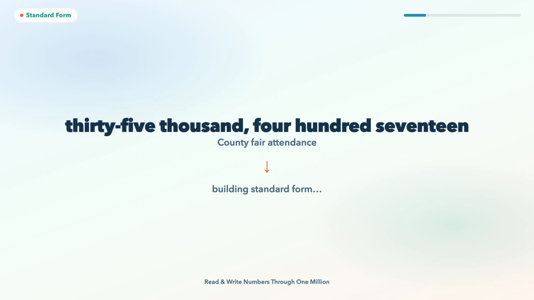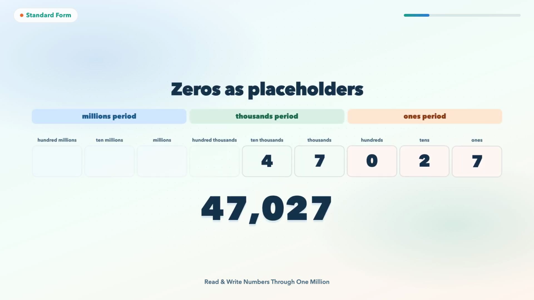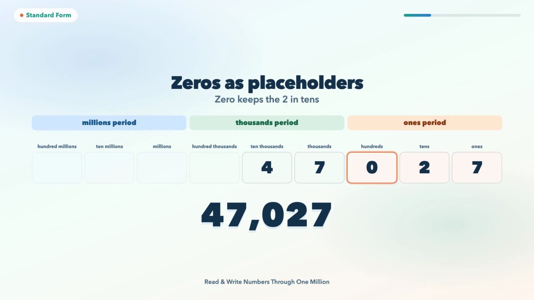35,417 people attended a county fair. 35,000 becomes 35 in the thousands period. 417 fills the ones period. In standard form, we write 35,417 as digits, 35, 417. Zeros matter as placeholders. 47,027 is not 47,207. We need a 0 in the hundreds place, so the 2 stays in the tens place. In digits, that's